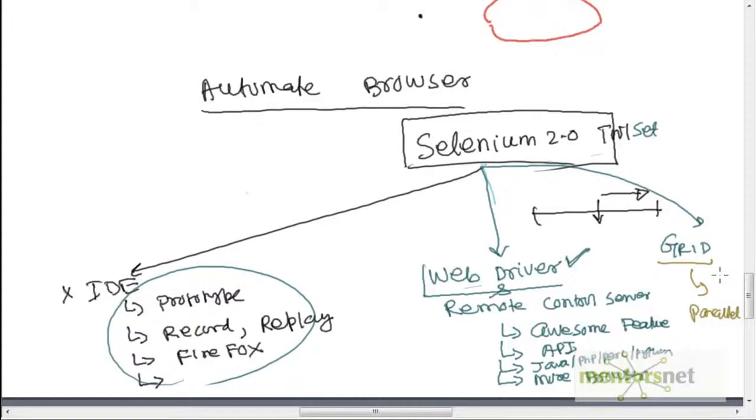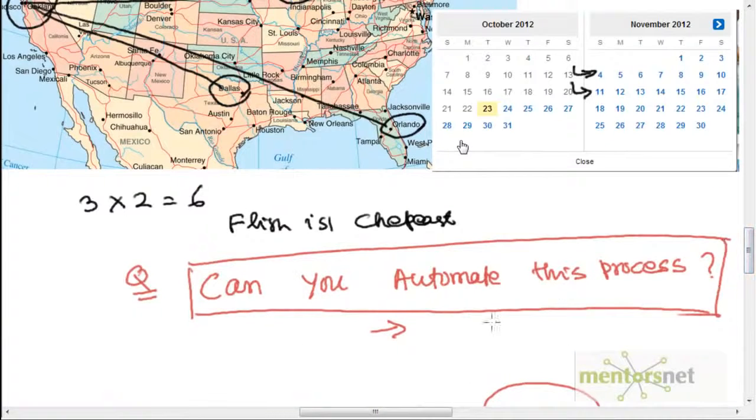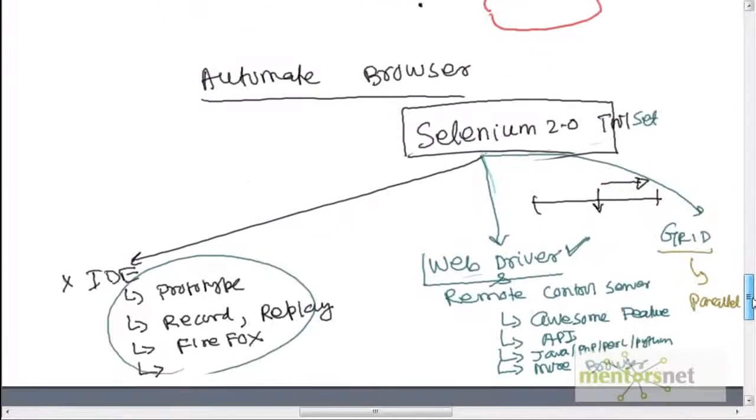And what we're going to do is try to solve our problem. Our problem is to automate our travel planner. While automating our travel planner, we will learn from the IDE and go all the way to Selenium Grid and solve that problem. By the end of part 1 of the course, you should know enough of Selenium